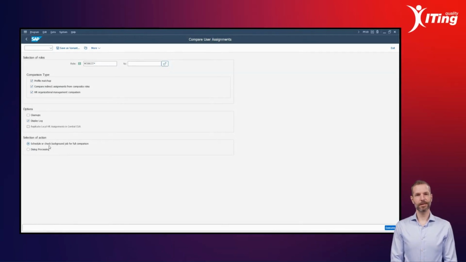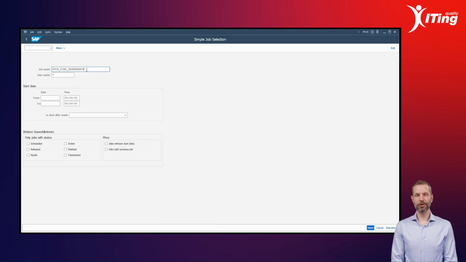Now, we will do the same again, but this time we will change the execution mode to background processing and schedule a corresponding background job. After execution, we can first search for already planned jobs associated with transaction PFUD that are usually scheduled with the default job name